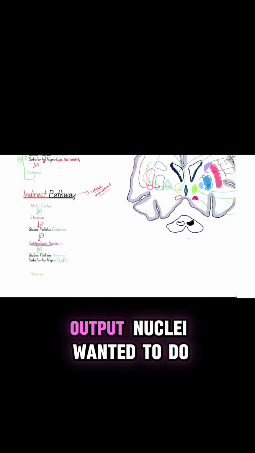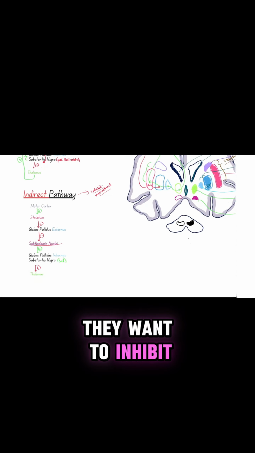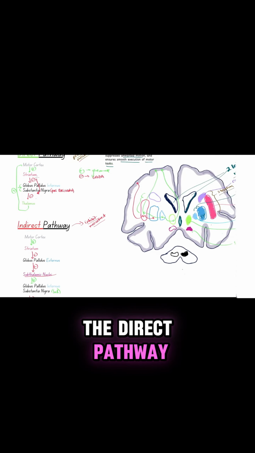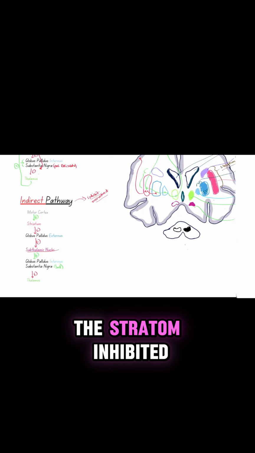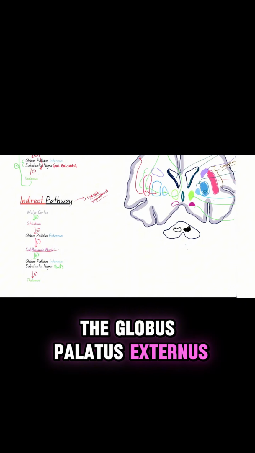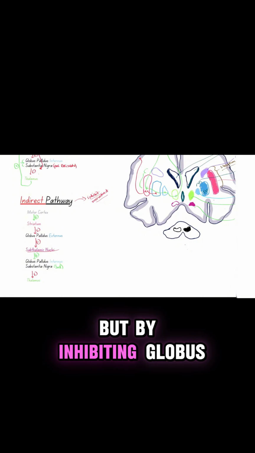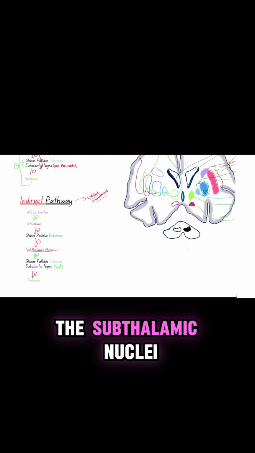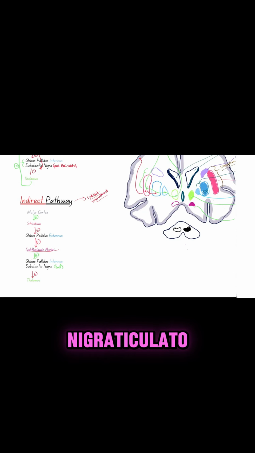And remember what these output nuclei wanted to do in the direct pathway. They want to inhibit the thalamus. And we no longer have this inhibition that we saw in the direct pathway where the striatum directly inhibited the output nuclei. Instead, here, the striatum inhibited the globus pallidus externus, whose job is to inhibit the subthalamic nuclei. But by inhibiting globus pallidus externus, we can no longer inhibit the subthalamic nuclei. The subthalamic nuclei then excite the globus pallidus internus and substantia nigra reticulata,